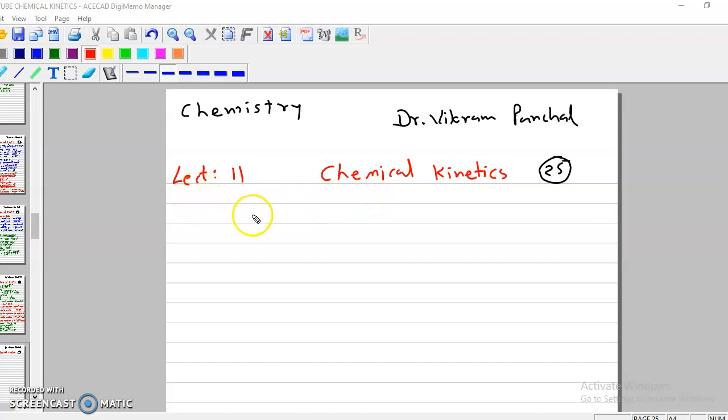In the previous lecture I explained the units of rate constant K, and from that we can find out the order of reaction. Suppose any reaction is given to you, like reactant gives product. Okay, this is a common reaction. And now if you write the differential rate law of this reaction, then we can write